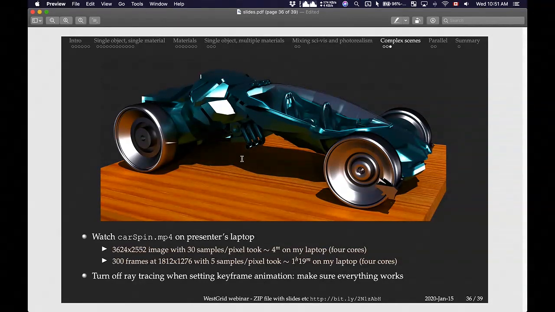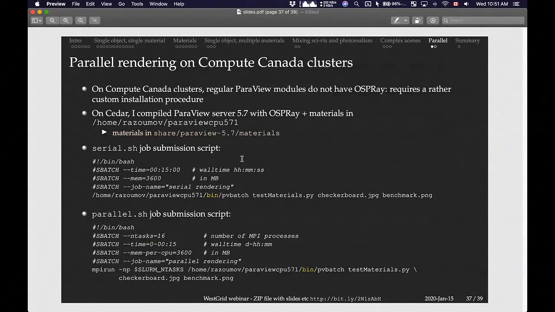All right, so the final couple of slides is on parallel rendering and compute clusters. As I mentioned before, OSPRay works really well with MPI, so that means that you can actually run it on multiple cores and on multiple nodes and multiple cores on each, so you can scale to a large number of processors. And to do that, you will have to use a version of ParaView on the cluster that was compiled